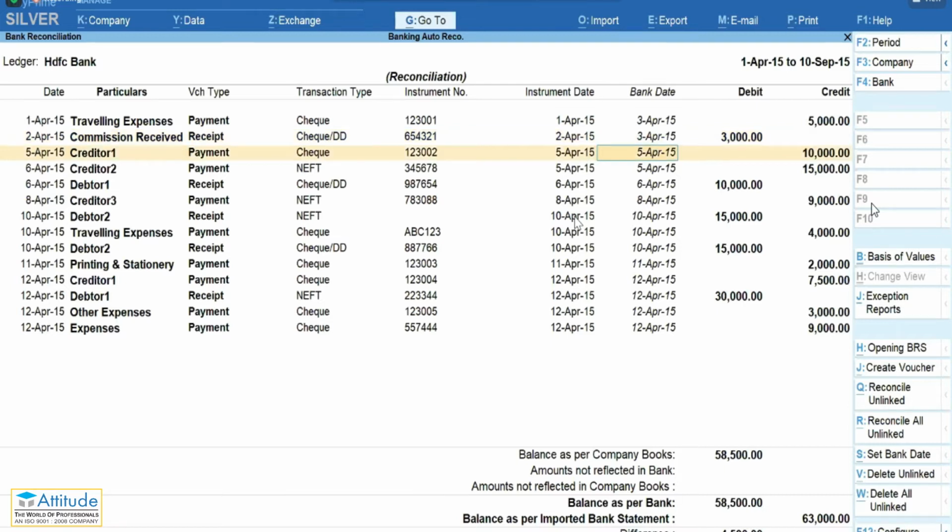Okay, so if you want to change it, then later on one by one you can do that. But this is basically the manual reconciliation that you can do. Manual reconciliation is possible for a few transactions, or when the transactions are fewer. But if you have transactions running into hundreds that you have to reconcile, you can use the auto bank reconcile feature that Tally has.